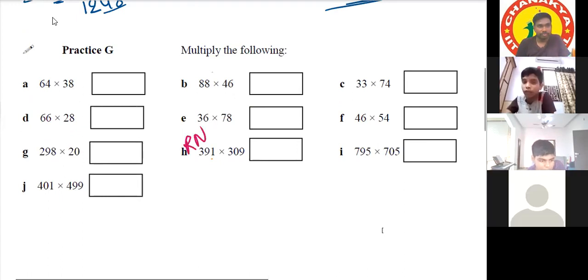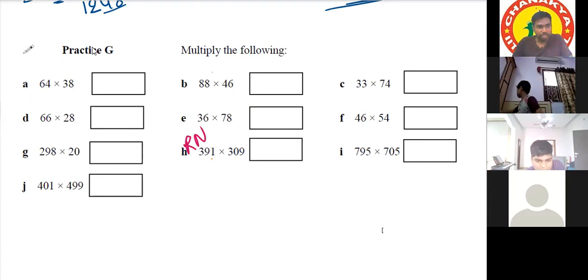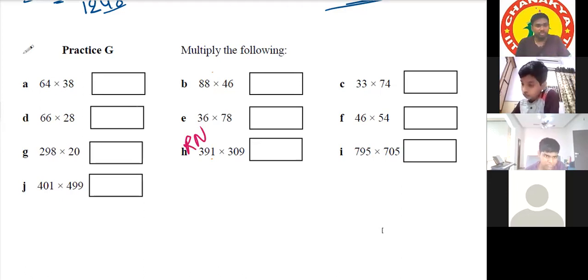Sir, you have to use this method only, right, which you just showed? You need to convert it or use by one more than the one before. Okay, sir. We can do both the methods, sir, Ekadhikena and this one also. Ekadhikena and by one more than the one before, both are the same.